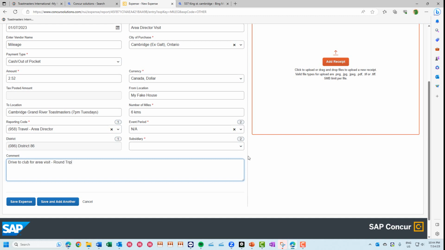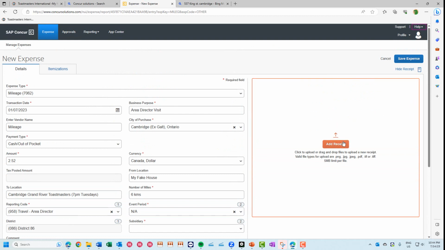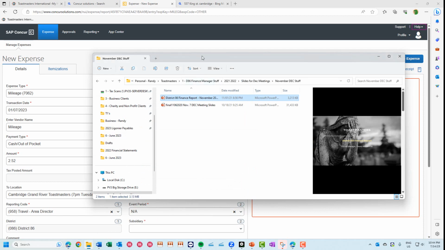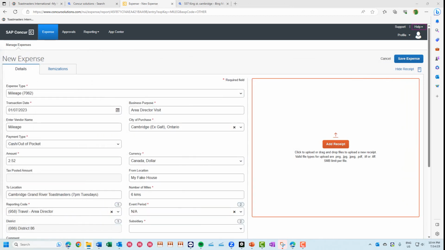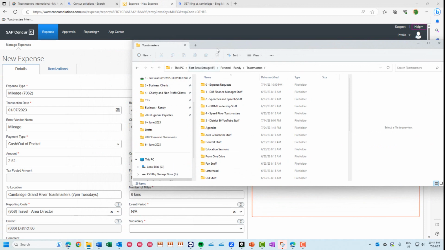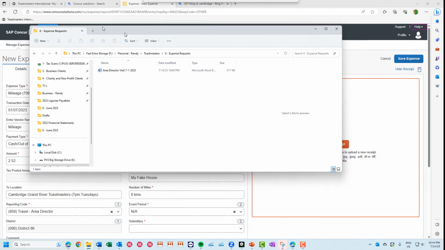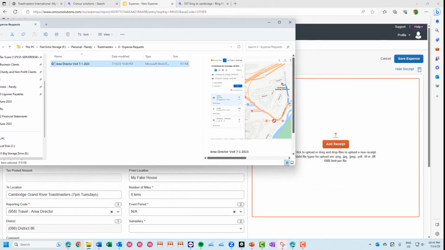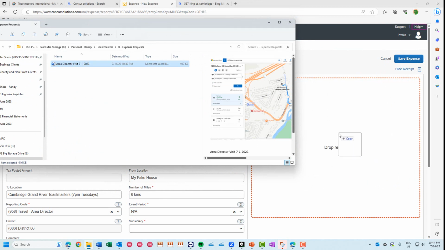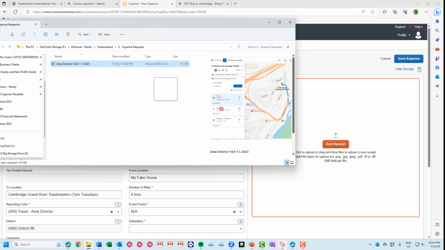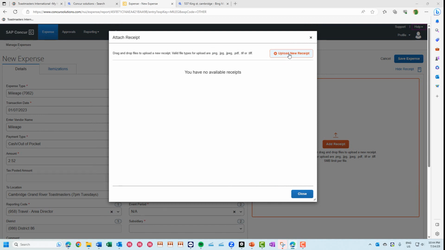So lots of information. And finally, last thing we're going to do is add a receipt. So we're going to do two ways of doing it. I can open up my little, let me find my little thing here. So there we go, my Toastmaster screen here, expense requests. I can click on this, pull and drag it, and just drop it right in. Did you even know you could do that in Windows? Just click and drag. Look at that. That's one way I can do it, or I can click on this, upload new receipt, and